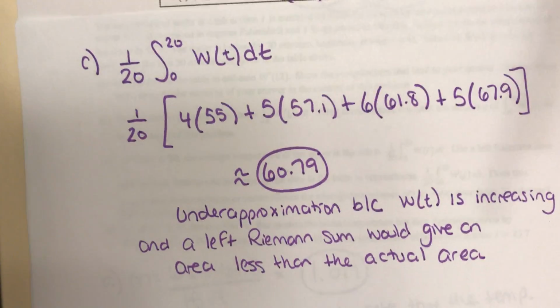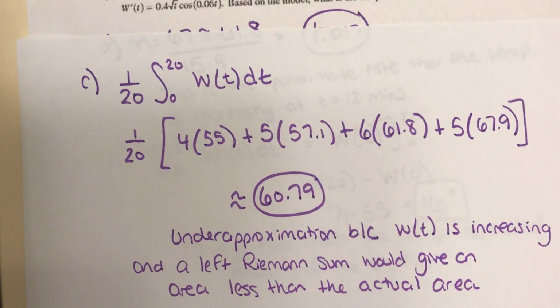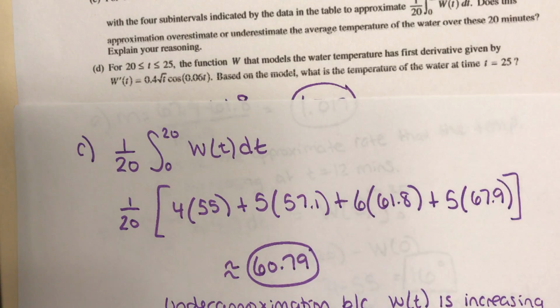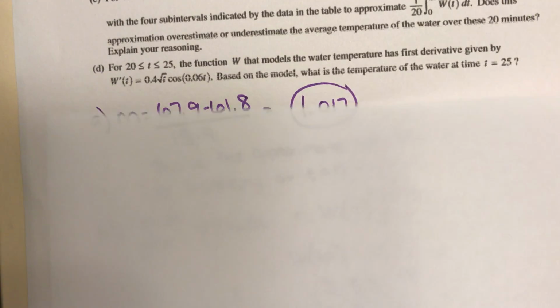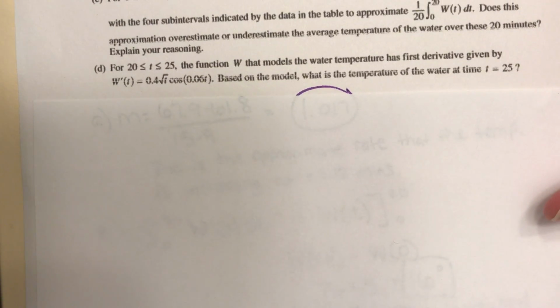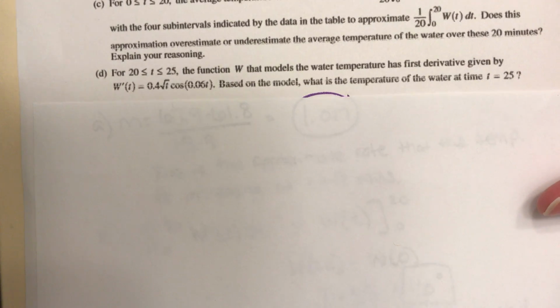Okay, last part is part D. Part D says, for 20 to 25, the function W that models the water temperature has first derivative given by